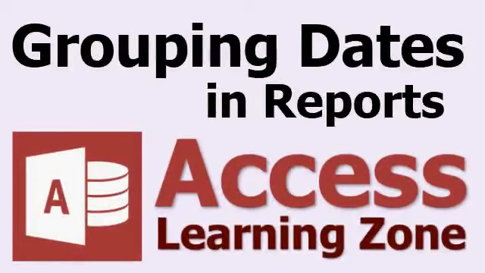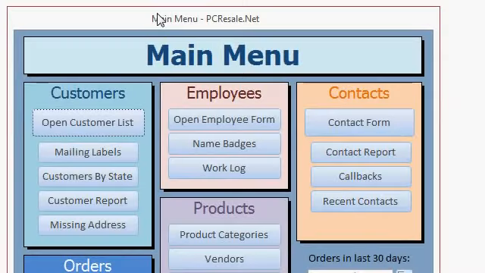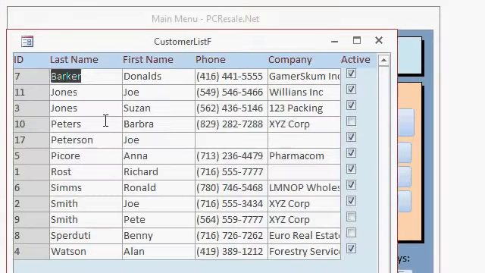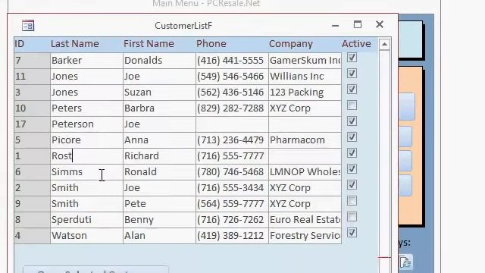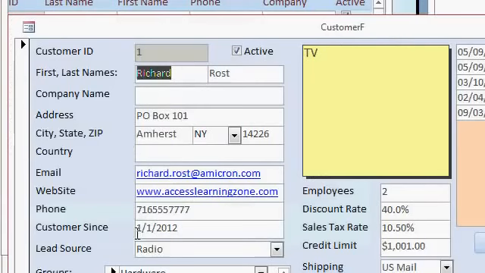In this tutorial, I'm going to teach you how to group records together by date in your Access reports. Here's my customer database. It's the database that I build in my regular Access courses. I have a customer list. If I click on one of these customers like myself and click on Open Selected Customer, you'll see all the